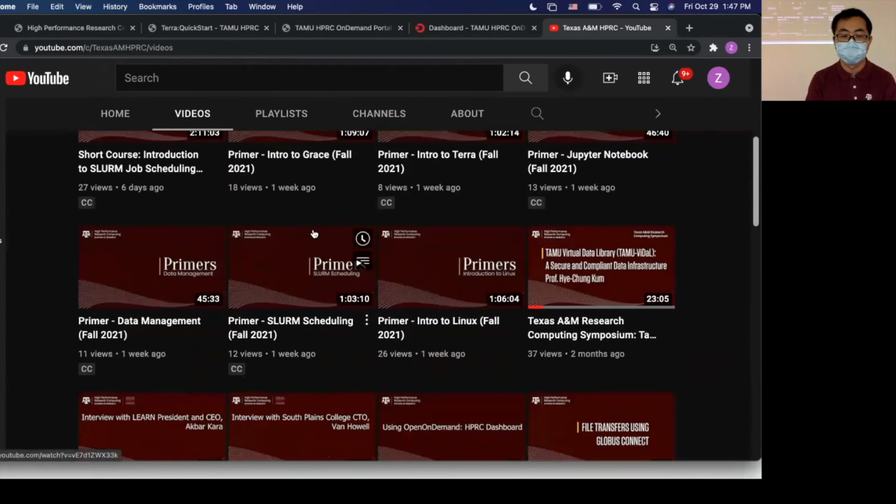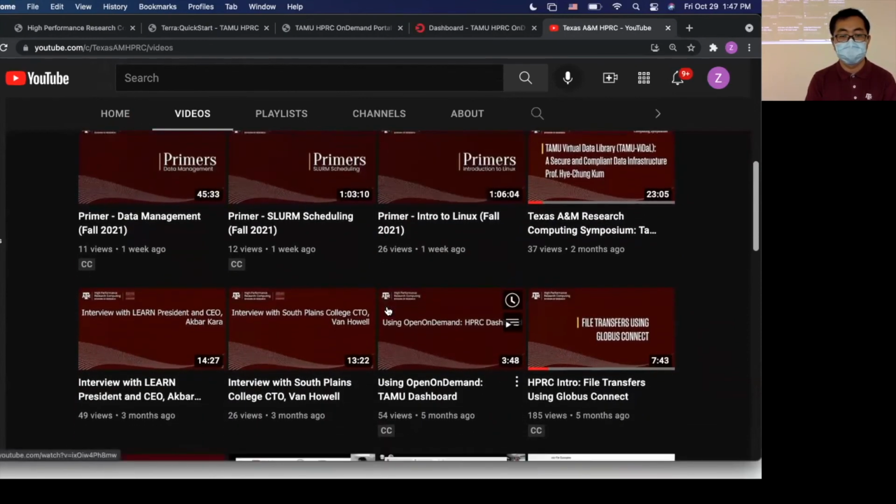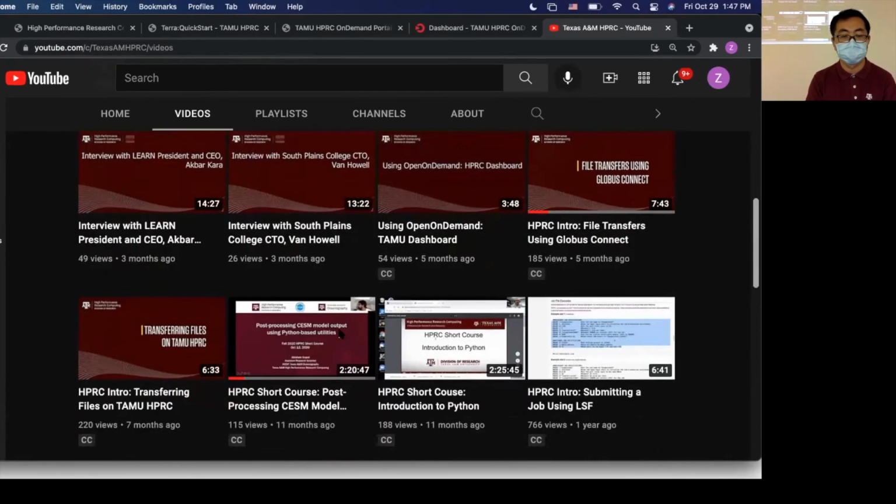This one tells you how to use our Open OnDemand portal, how to use the web portal, the Terra portal or Grace portal. It's very useful. And also, an introduction to file transfer using Globus Connect.